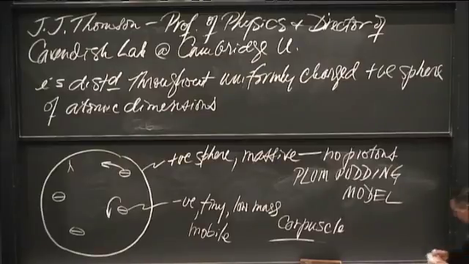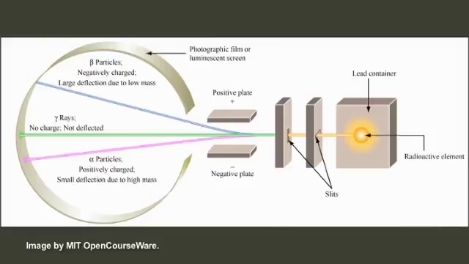Anyway, so that looks pretty good. So that's our theory. And what happens next? Well, what happens next is that we've got to put this theory to the test. And the person who puts the theory to the test is a man by the name of Ernest Rutherford.